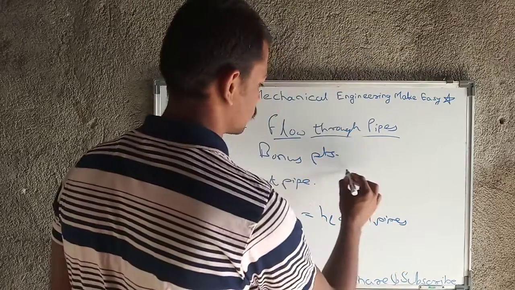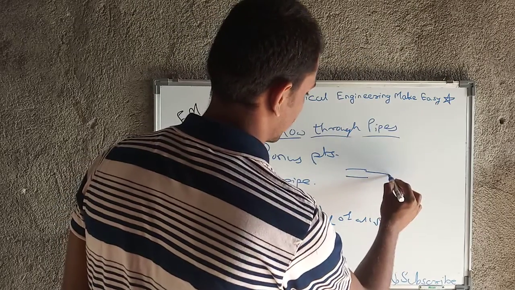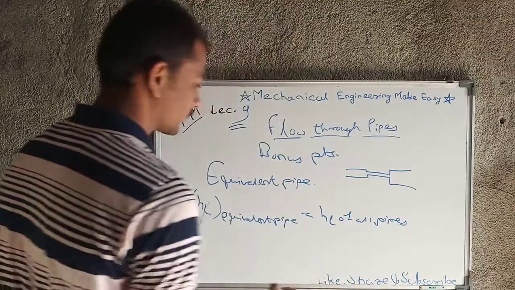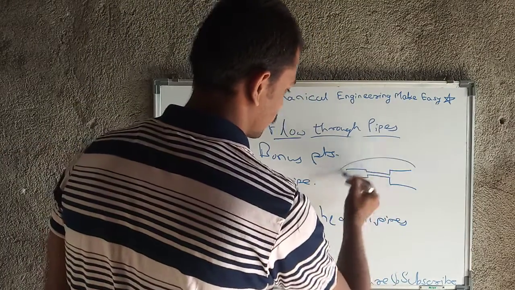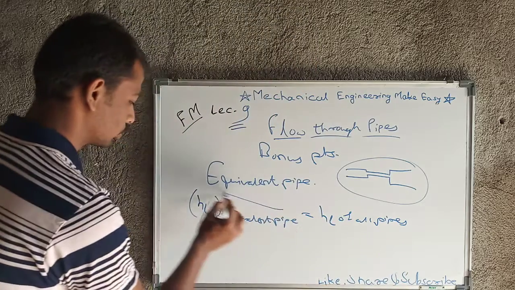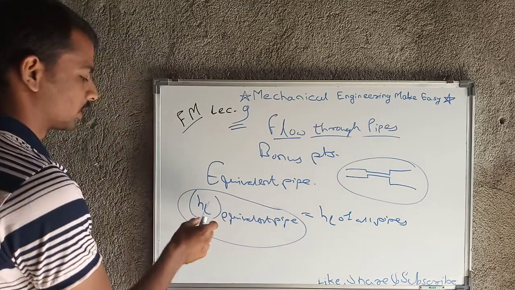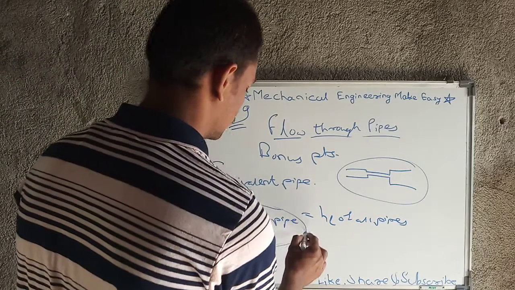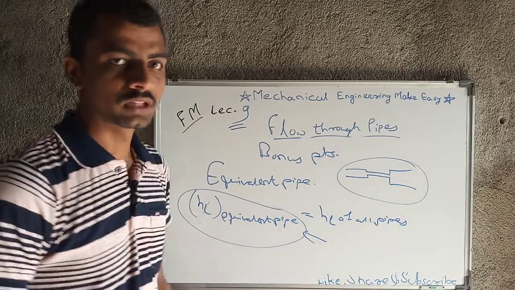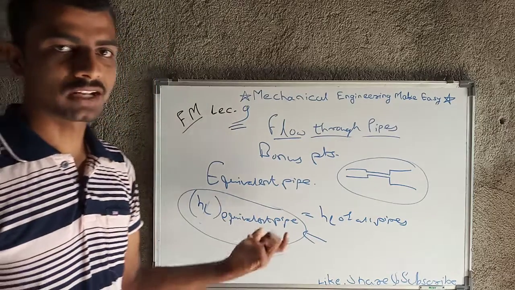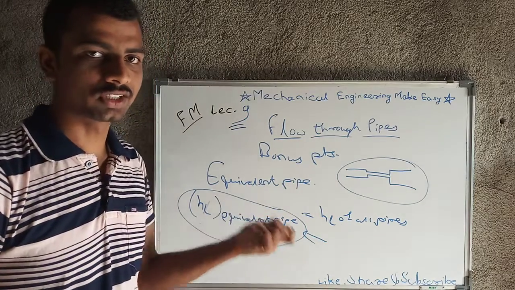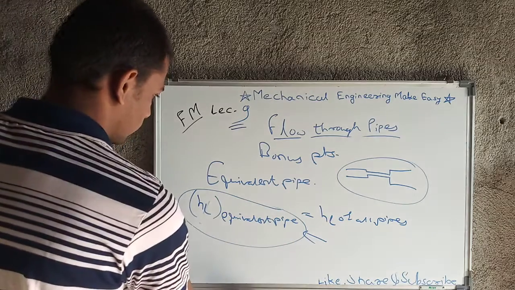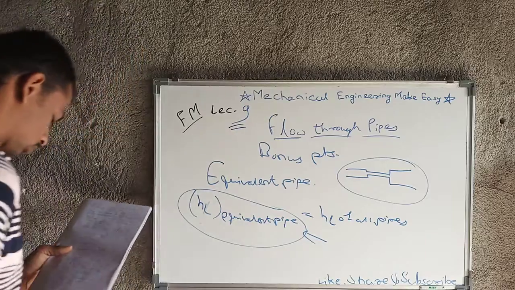In case of series, we had a number of pipes of different cross sections, so in that case the head loss of all pipes, that is the summation of head loss of all these pipes, should be equal to the head loss of that equivalent pipe. In that case this pipe is called the equivalent pipe. And in case of parallel, we have the equation of Q, that is discharge, which is also a useful equation for solving.